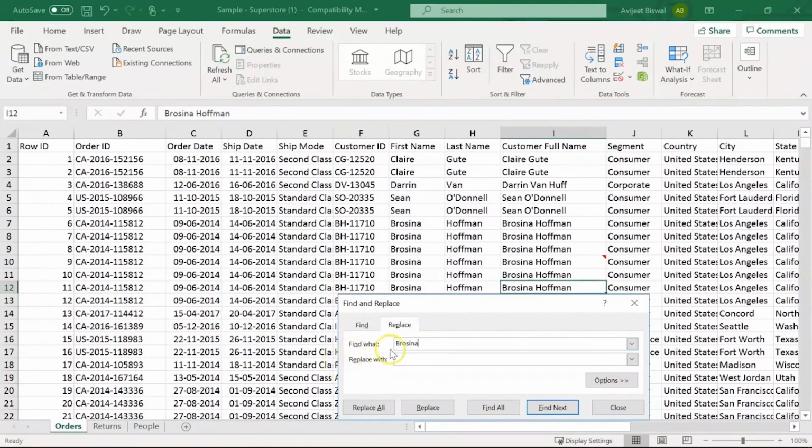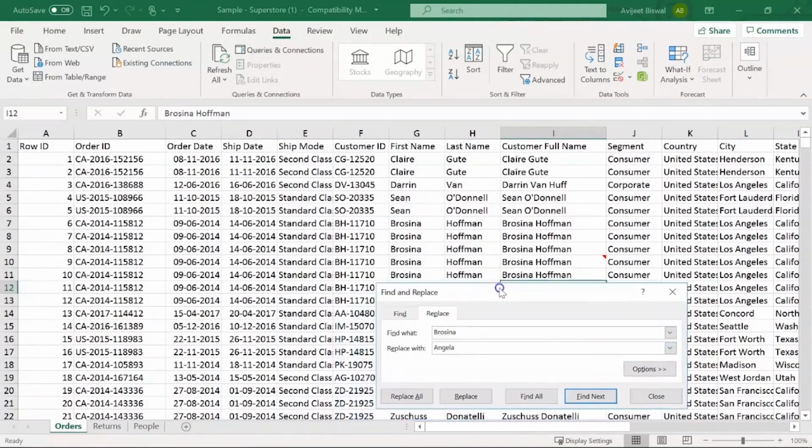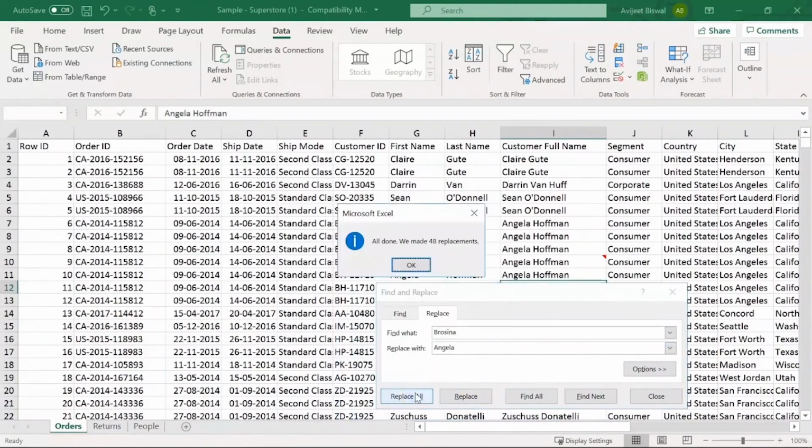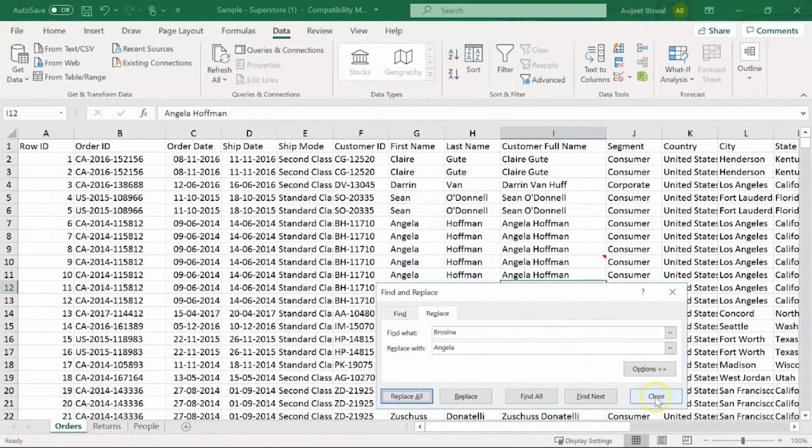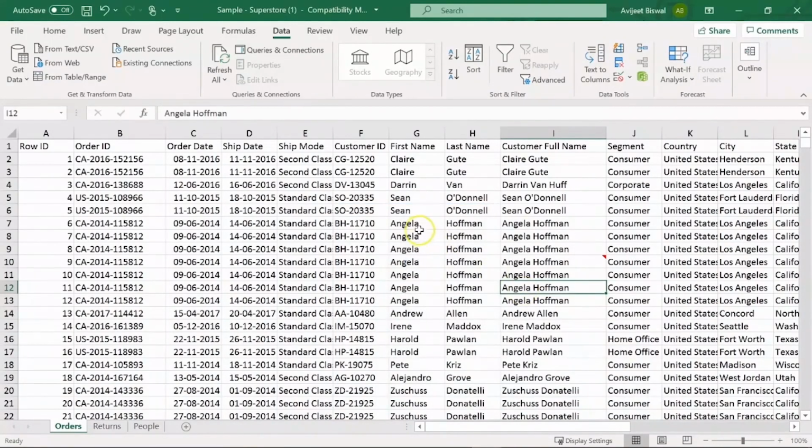So here I am typing what I need to find, that is Brosina, and I'll replace it with Angela, suppose. Now I'll hit replace all. You'll get a pop-up that says all done. We made 48 replacements. If I click OK and select close, you can see the name Brosina was changed to Angela.